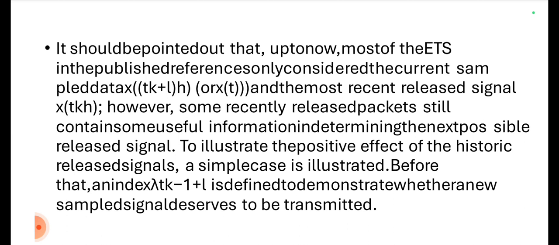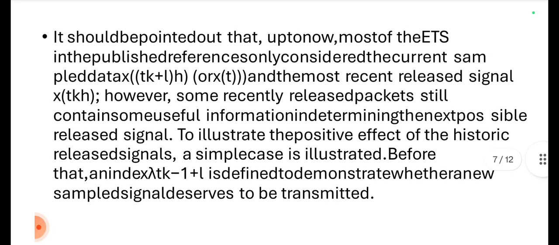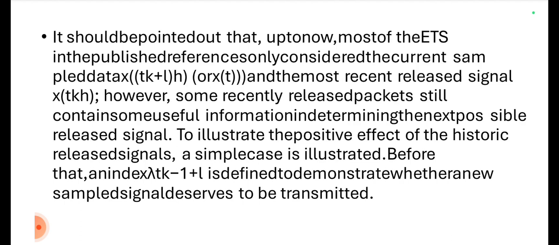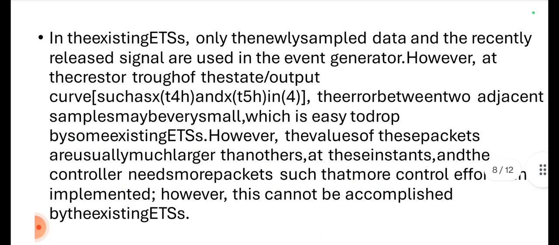A simple case is illustrated before. An index lambda(t_{k-1} + l) is defined to demonstrate whether a new sampled signal deserves to be transmitted or not. So in the existing ETSs, only the newly sampled data and the recently released signals are